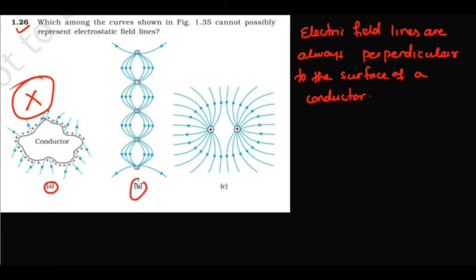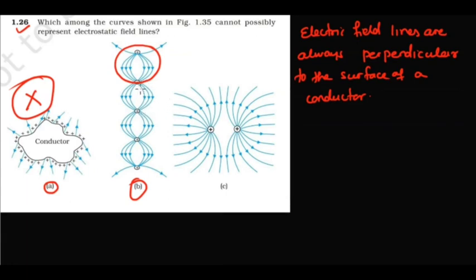Now look at the second one, the second diagram B. Here we have 1, 2, 3, 4, 5 point charges: positive, negative, positive, positive, positive, and these are the electric field lines drawn. And it is obvious that this diagram is incorrect, because if you look at the first segment, then it is correct, because electric field lines start from positive and end on negative. That is correct.